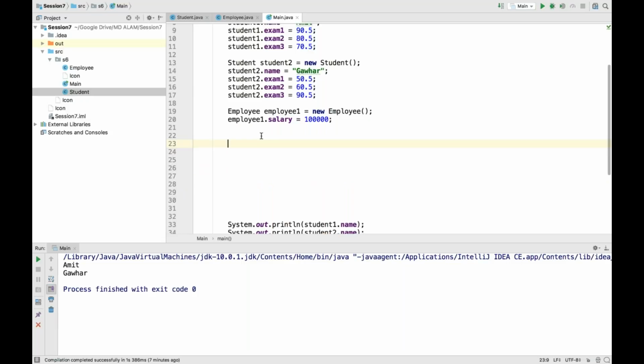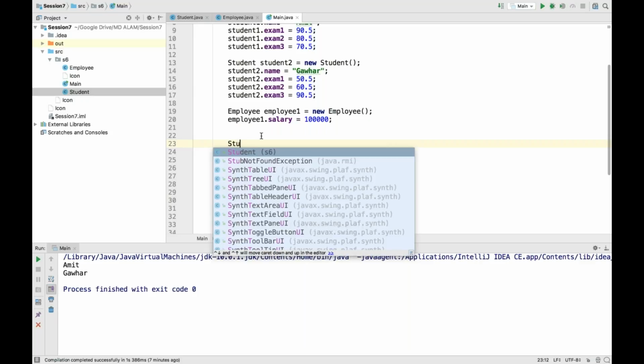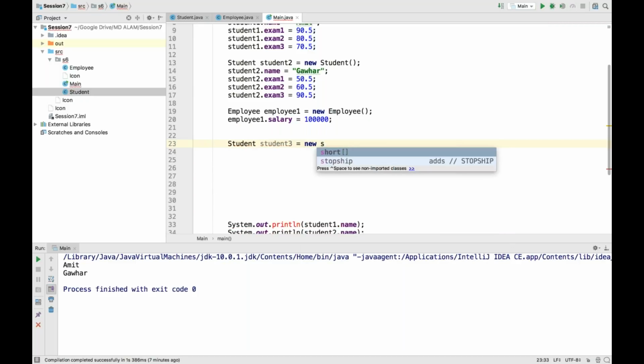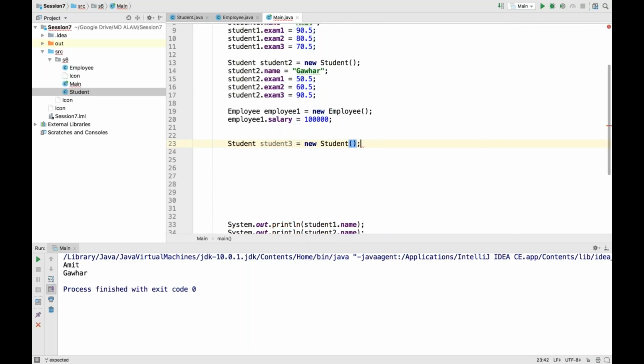So start with creating the object first. How can I create the student 3 object? Student 3. Excellent. Equal new student, open and close parentheses, semicolon. Excellent. And then copy and paste lines from 14 to 17 and just change the 2 to 3. No, I don't want that, right? I want